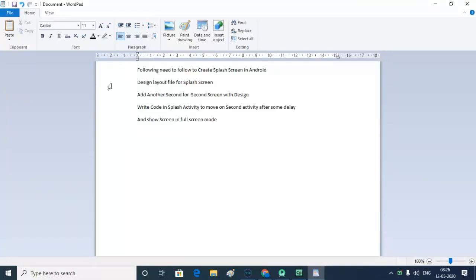First of all we need to create a layout file for our splash screen, and after that we need to add one more activity, means where we land after going through the splash screen, and write a code to move from the splash screen to a second activity after some delay, and we also need to add some code so that our splash activity is seen in full screen mode.